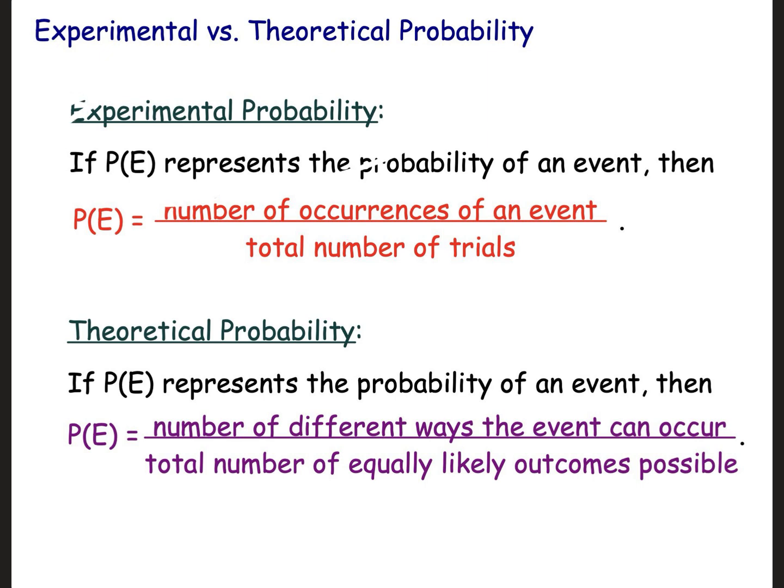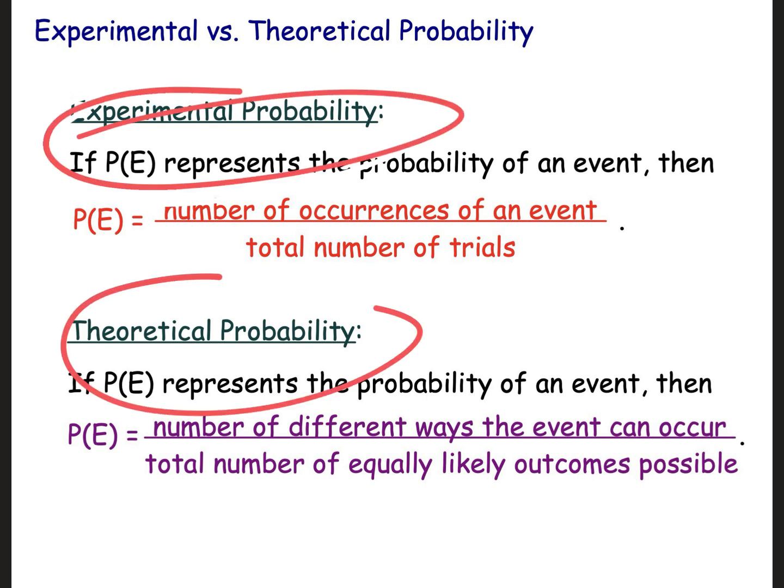Sometimes you actually can get a theoretical probability. Like if I said, if I have a normal coin, it's got a heads and a tails. What's the probability you're going to get heads? Yeah, 1/2, which is 0.5. You know that one. Because why? Because you can do it theoretically. Sometimes you can get theoretical probabilities.